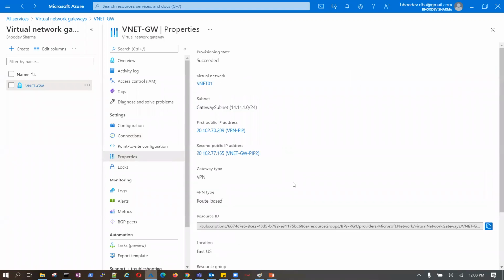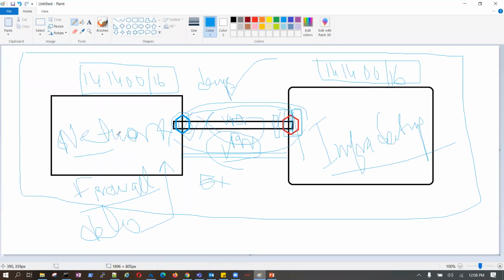So in which scenario we need to use site to site and VPN? Two things, right? So site to site is kind of a connection. This is site to site. Okay. You want to use VPN or you want to use ExpressRoute, are two methods to create a site to site connection. Got my point? Okay. See, whether you want a dedicated line or over internet, that you need to decide, right? Right? Yes.